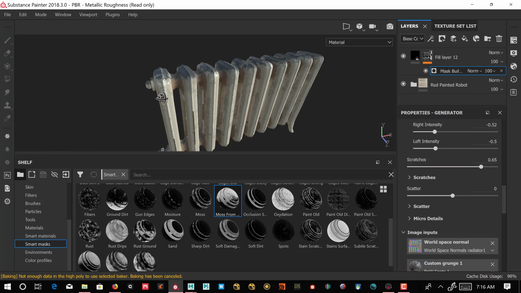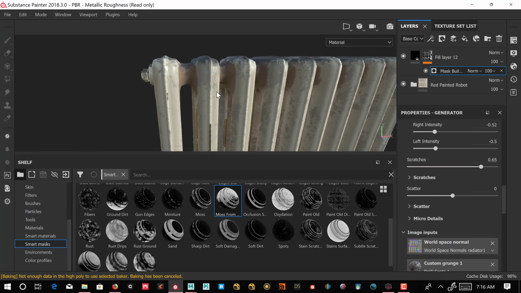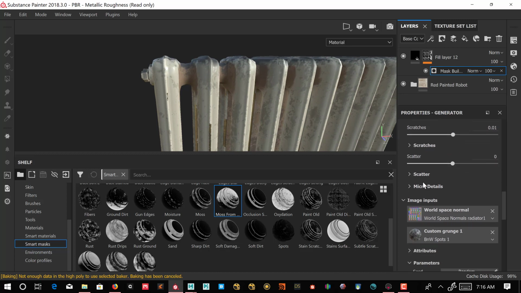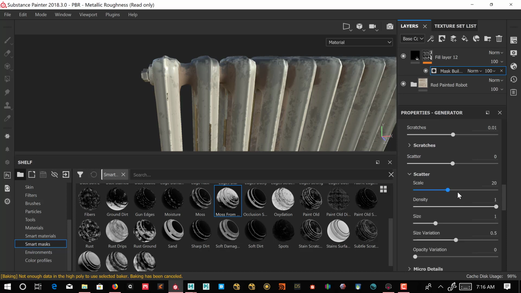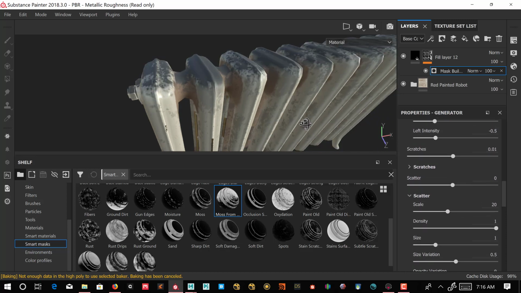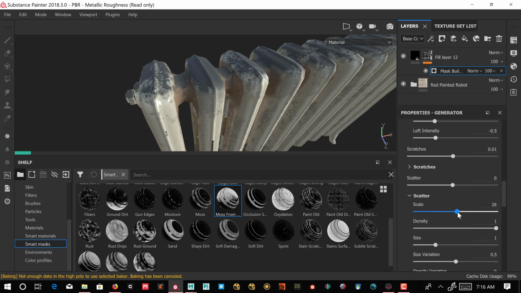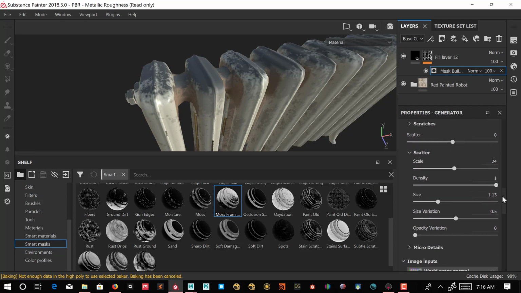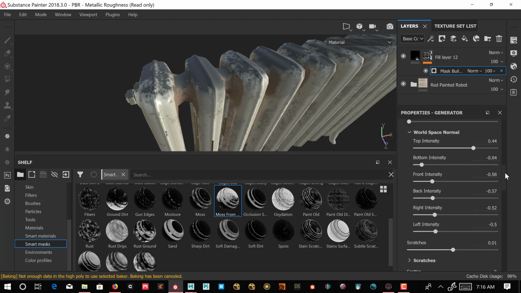So what we're doing is right now, if you see, we're applying some scratches down the sides. We don't need that, and I don't really care for that. It's not what we're wanting to do. So we might be able to adjust the scatter scale. Let's up it a little bit more, see if it makes it bigger or smaller. Doesn't seem to be doing a ton. And maybe it's size that I need to adjust. Don't see that affecting it the way that I'm expecting either. So we'll just put that back about where it was. And probably go on